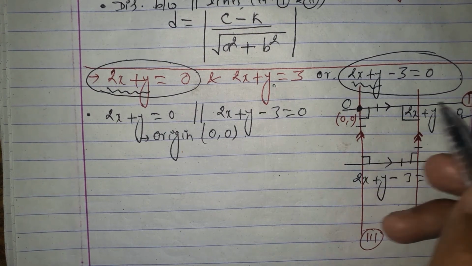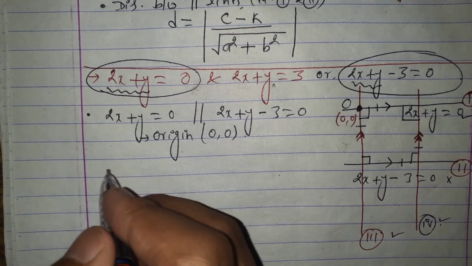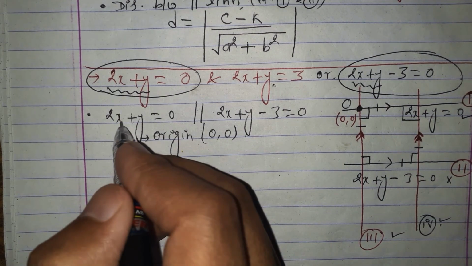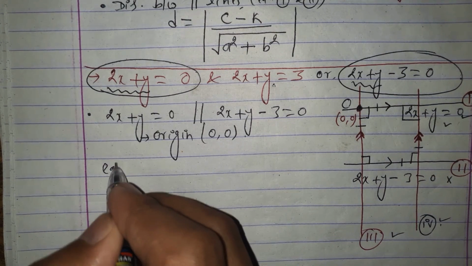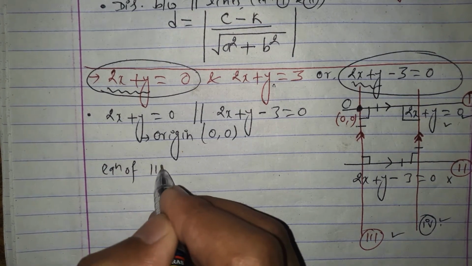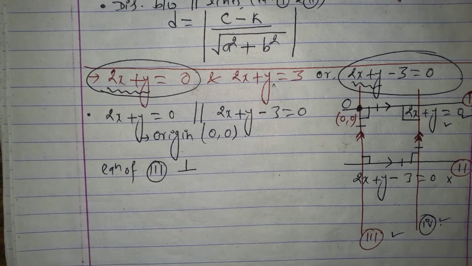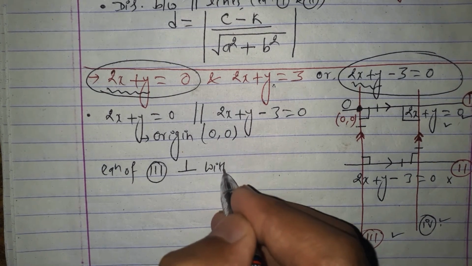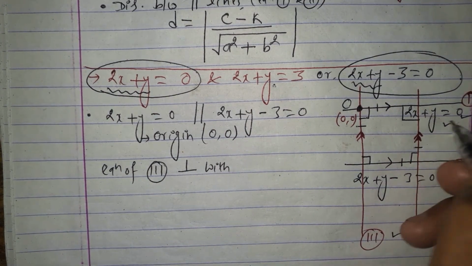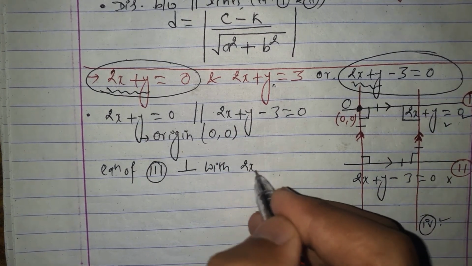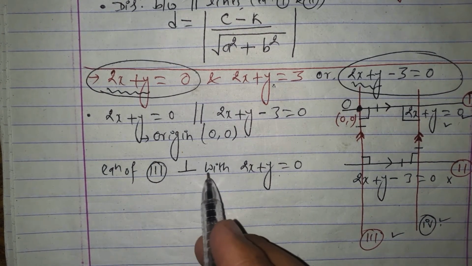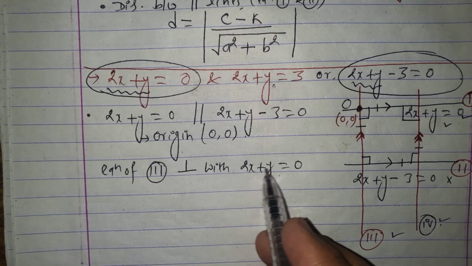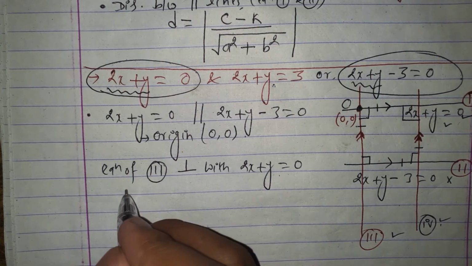It is perpendicular to both equations 1 and 2. So let's say this is equation 1, and we want the equation of the third side, which is perpendicular to the first side, 2x plus y is equal to 0. The equation of the third side, which is perpendicular to 2x plus y, can be written